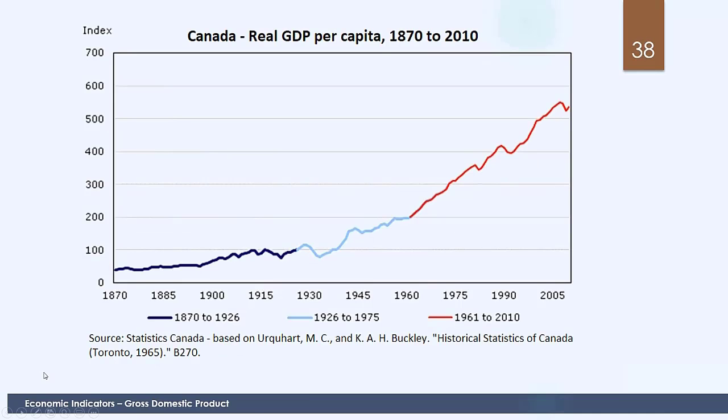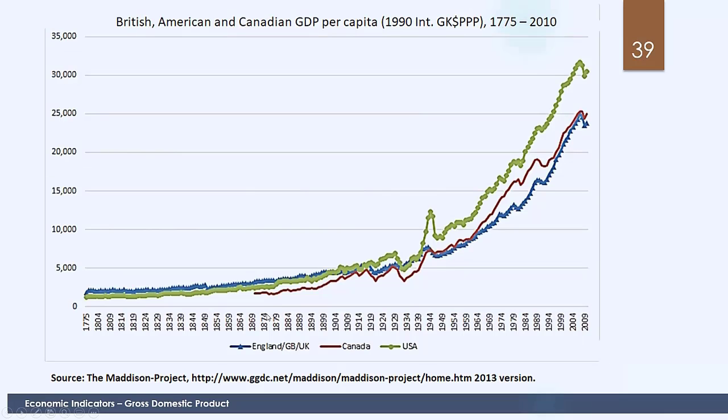In Canada, we see an overall similar pattern in the last 100 years. Clearly here, just looking at the figures, our standard of living has increased substantially since the 1870s. And this is true for many countries in the world. Here I've just additionally added Great Britain here. So England, Great Britain, and the UK. Clearly the standard of living, as measured by growth in real GDP, has increased substantially in Great Britain as well. However, the standard of living has increased slightly more dramatically in the United States compared to Canada and Great Britain.